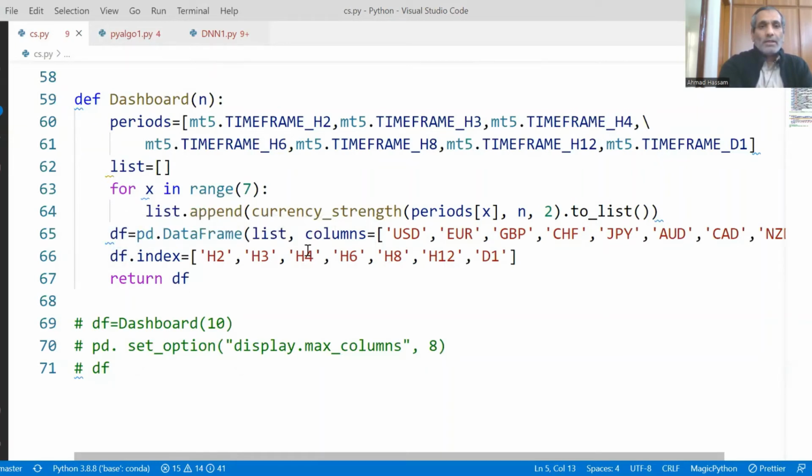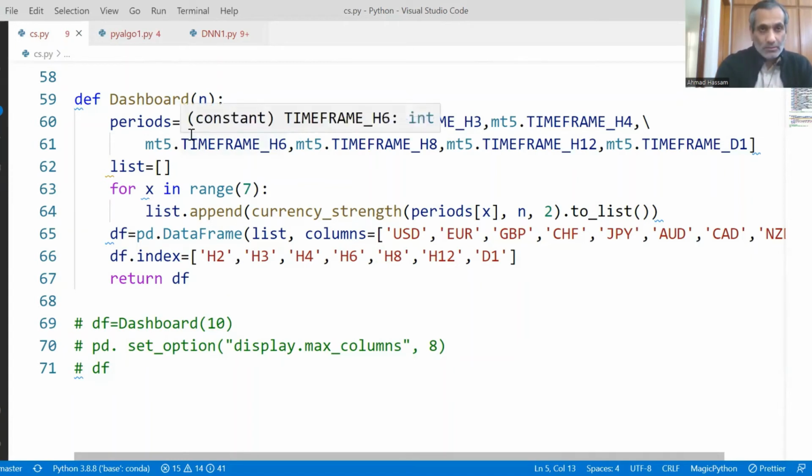And then we convert that into our data frame, rename the columns: dollar, euro, pound, Swiss franc, yen, Aussie, Loonie, Kiwi, and we re-index it, and then we return that data frame. So this is how we have defined our currency strength meter.